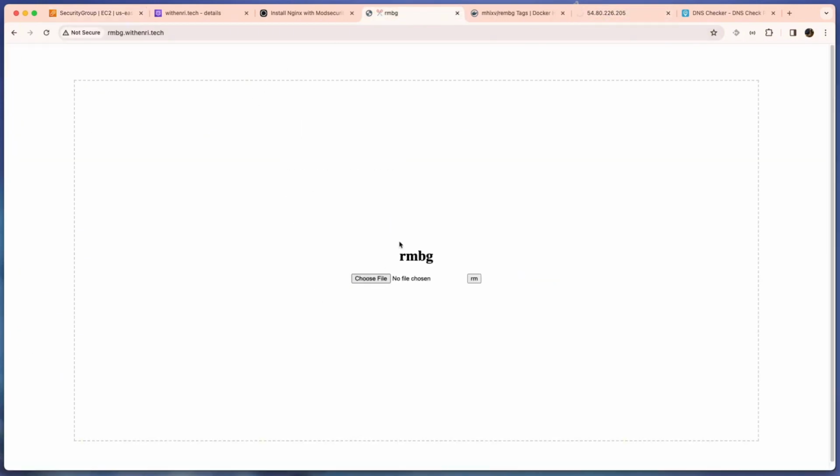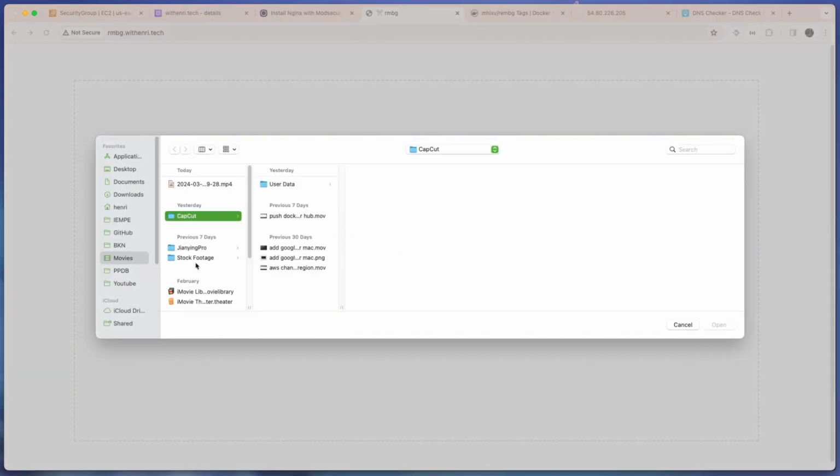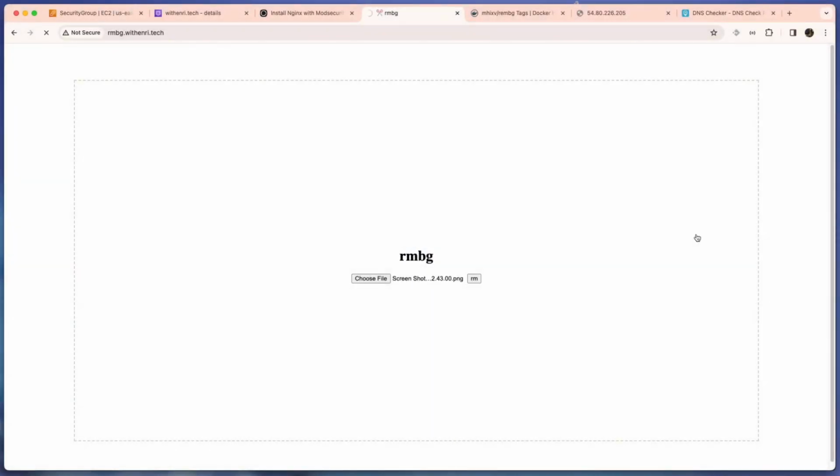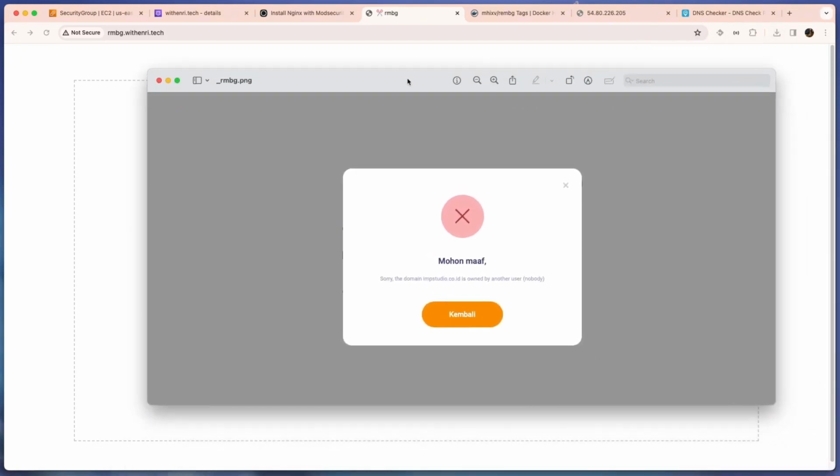Okay, we try this application, open. Okay, we successfully downloaded the image, and this is it.